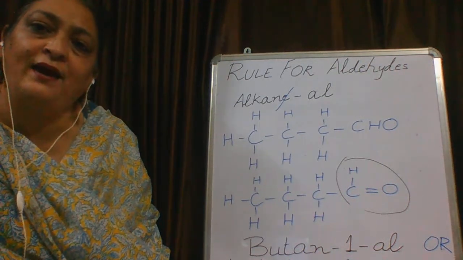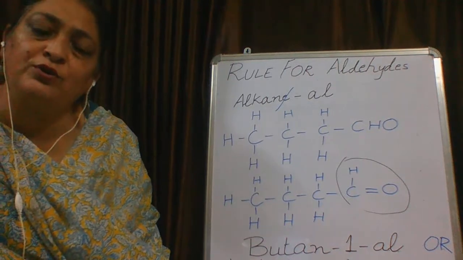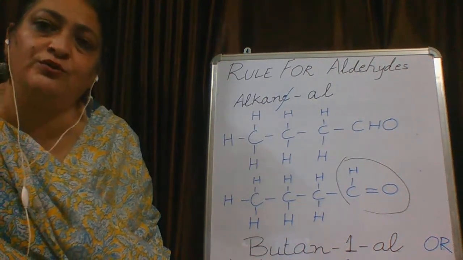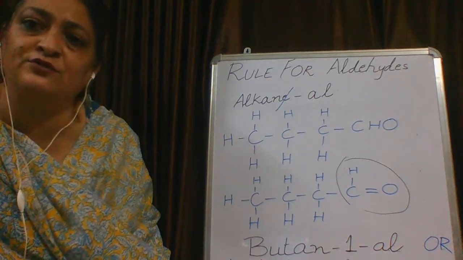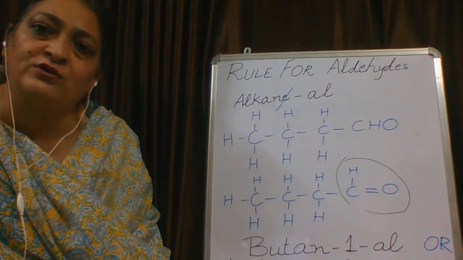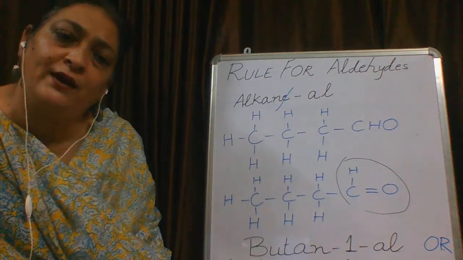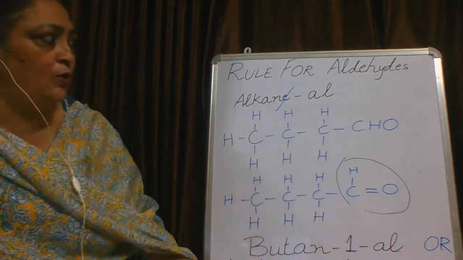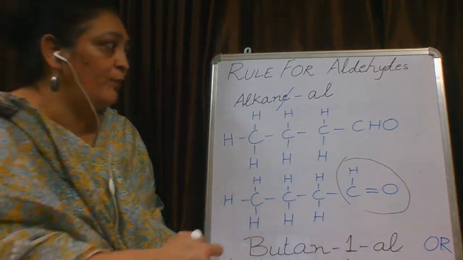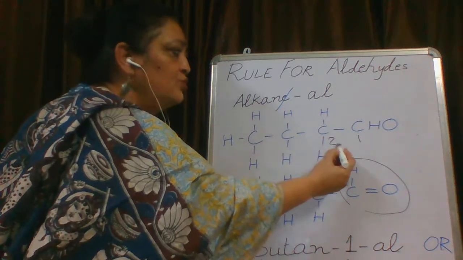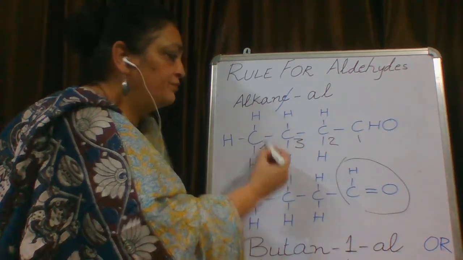Why? Because aldehyde is a functional group, and functional group should be a part of a main chain, and that too, a functional group which has carbon in its structure. So, aldehydes and carboxylics, they have carbon in their structure. So, you have to include their carbon in your main chain, and on top of that, it should get number 1. Then this is number 2, 3, 4.